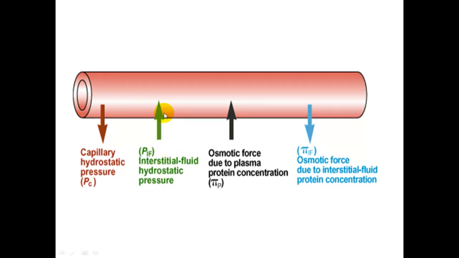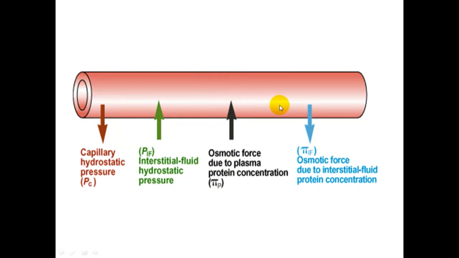back into the capillary. But also we see that as the fluid moves, there is osmotic pressure due to plasma concentration. The plasma which is found within the blood or the capillary will tend to increase, because fluid was lost and less interstitial fluid was compensating, but the concentration of solute was increasing. So the increase in concentration of solute will tend to pull water, because there is much solute and less solvent here, so water will be pulled toward the side where there is high solute, following that gradient.